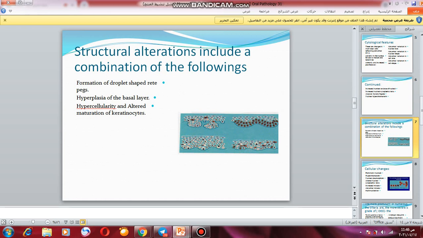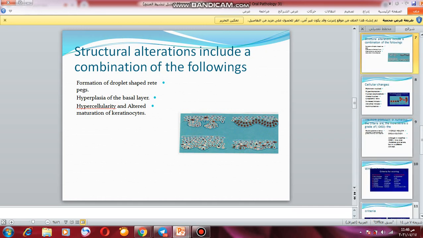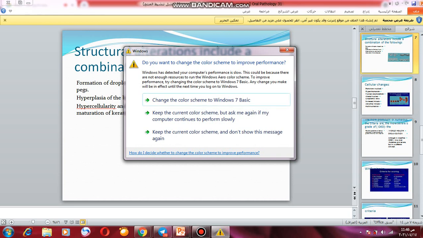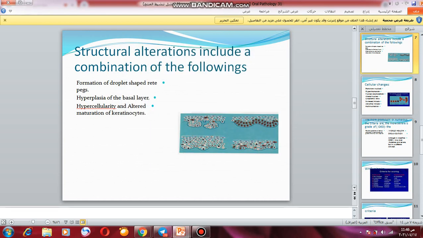These are the combination of structural cellular features. You can see the first, so droplet shape. The second shows hyperkeratinization and abnormal mitosis, loss of polarity, hypercellularity. These are structural features of oral epithelial dysplasia. Slide number 8. شوية ما واضحة الصورة, but you can see